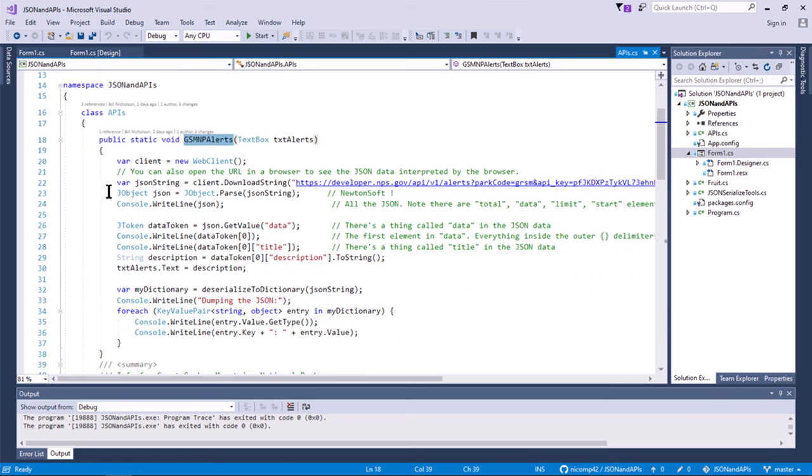And that method does what we saw on the slide a moment ago. It creates a web client. The web client submits a request to the API server, receives a string back, stores it in a variable called JSON string, and then for some debugging I simply wrote that to the console. I may look at that, I may not. And then I parse that